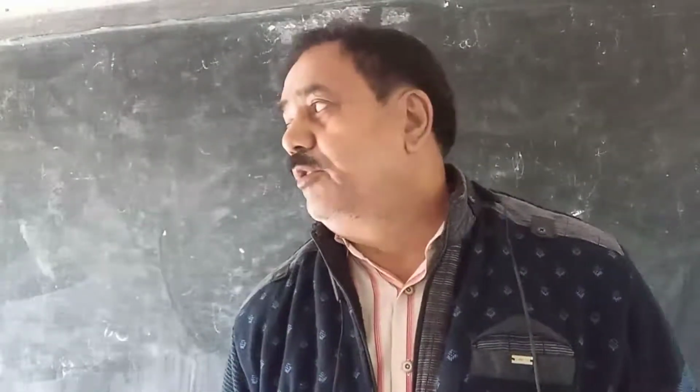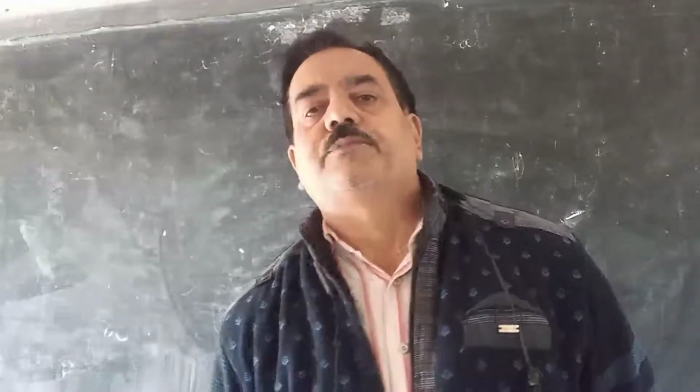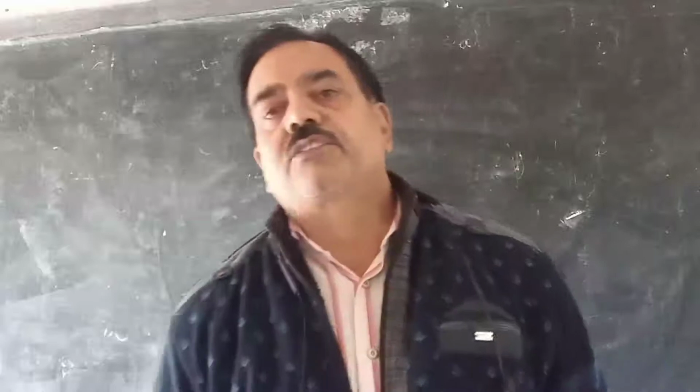Today I am going to explain... up to last class I explained to you about a square: (a + b) whole square, (a - b) whole square, a square minus b square. What is the formula? (a + b) whole square is a square plus 2ab plus b square, (a - b) whole square is a square minus 2ab plus b square, and a square minus b square equals (a + b) into (a - b).